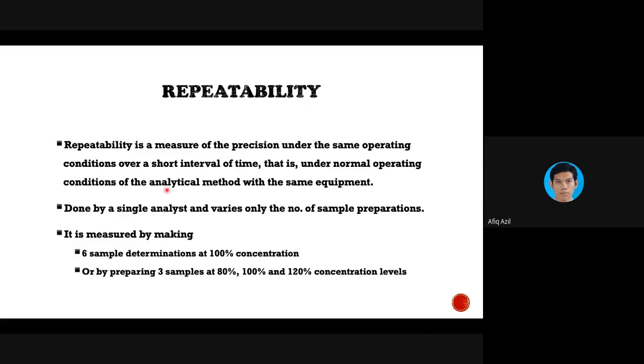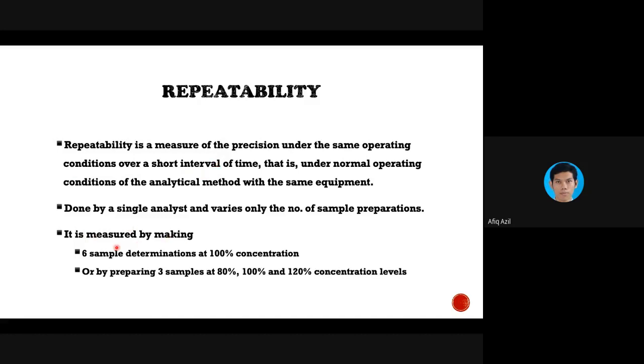So that has to be checked, in which the result obtained can be repeatable under the same condition, meaning everything is the same: same lab, same instrument, same person doing it. It must be the same person also. If you change to another person, that cannot meet the criteria for repeatability, which has to be the same person doing it.